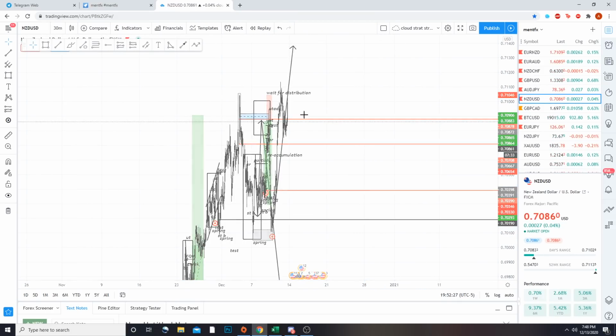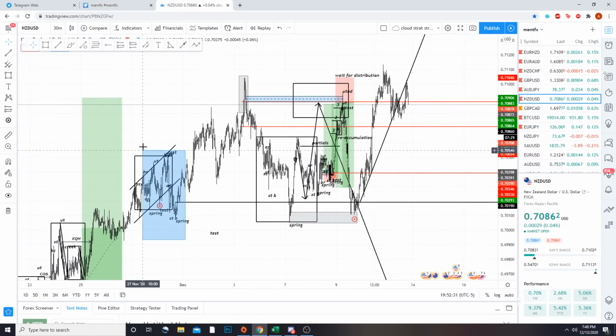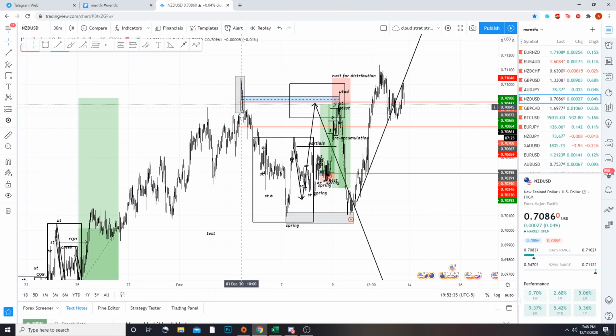Let's just jump down to maybe a 30-minute. What we were expecting, as you can see here, let's ignore all this stuff as well right here. We don't need to see that. What we saw is this huge move through these highs right here, right? Again, there were highs here. We had to move through them. We had highs here, a move through them. And then we finally had this major breakdown.